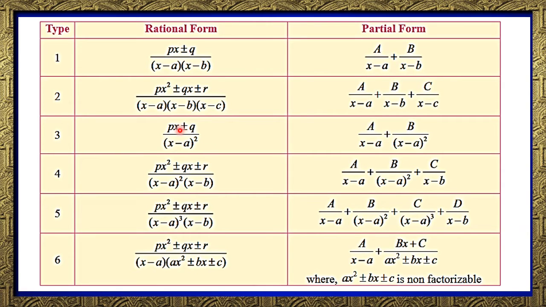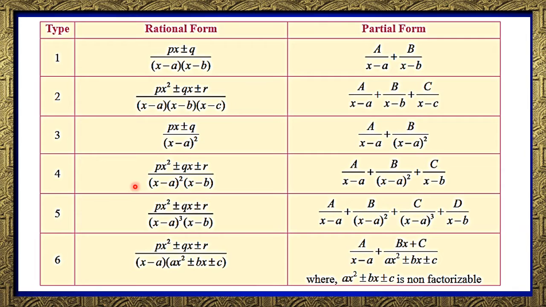The third one, px plus or minus q upon x minus a the whole square, that is, the denominator linear factor is of the form of a whole square, a perfect square form. So the given integrand is written as capital A upon x minus a, that is, a single factor is taken, plus b upon x minus a the whole square, that is, first a upon only a single factor and b upon its whole square form. Now integrate this function after finding the values of a and b.